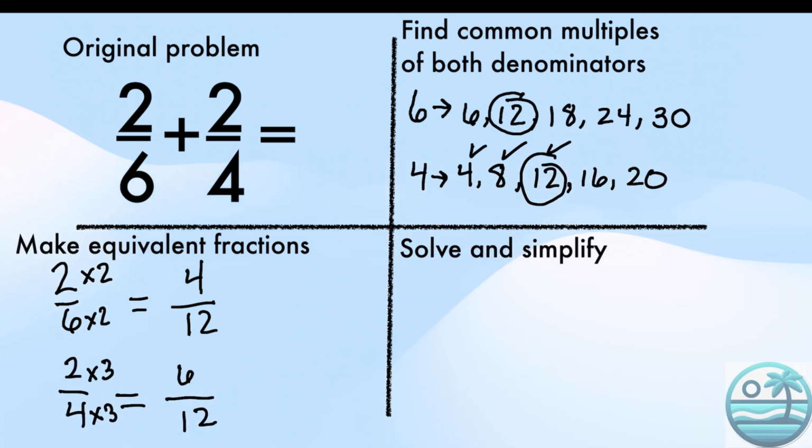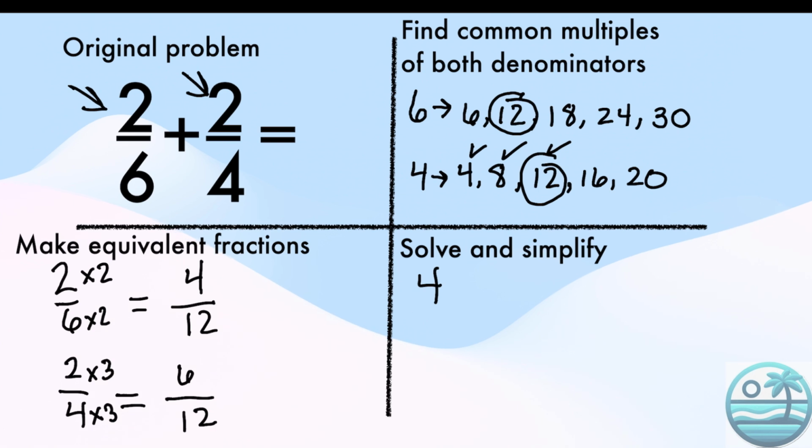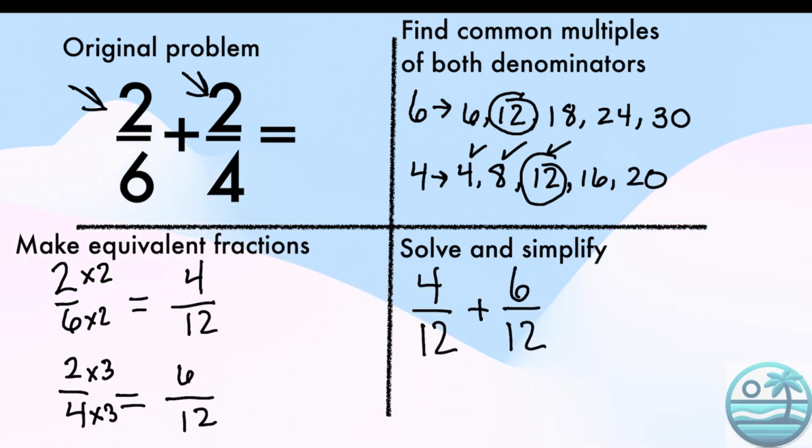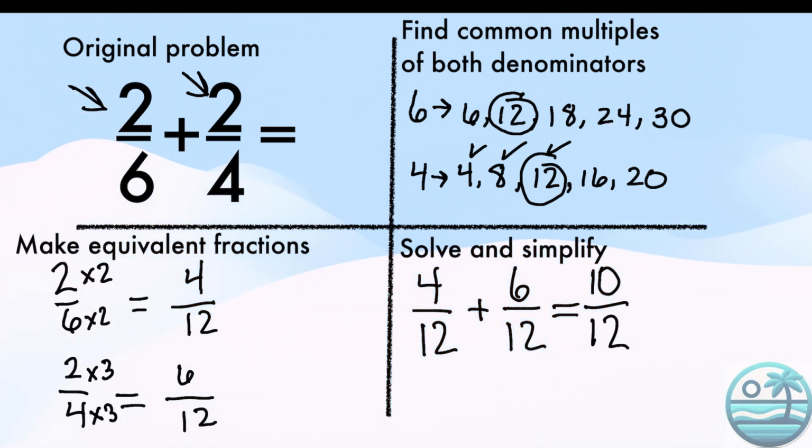Now I can write my new equivalent fractions in the same order that my original fractions were in, and I can add them together. Remember, when adding fractions, we add our numerators first. 4 plus 6 is 10, and we keep our denominator the same, so it stays as a 12. This is a great answer, but if you want to take it one step further, you can simplify and end up with a result of 5